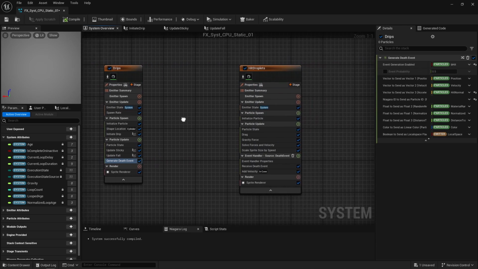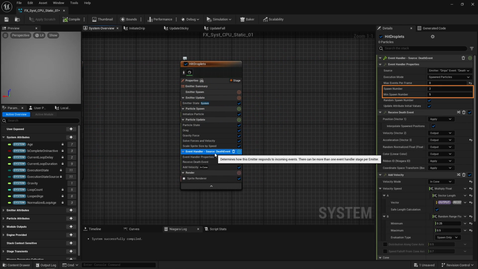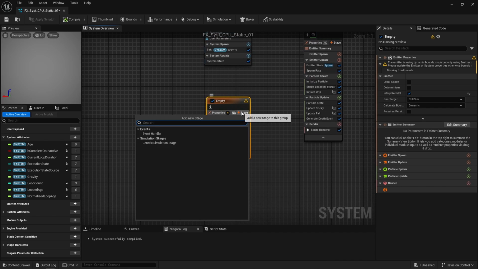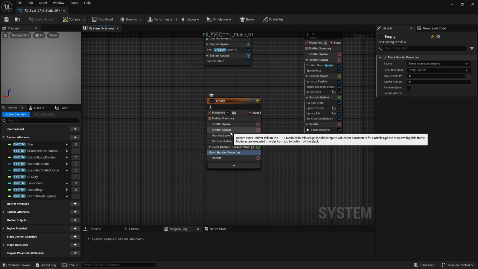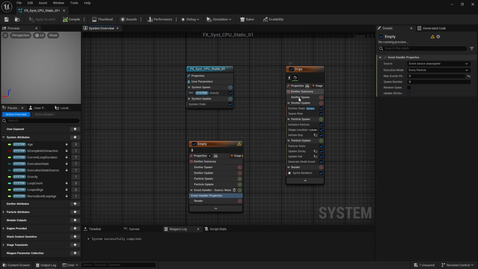And that happens using a second emitter and an event handler. I simply spawn a random amount of particles when receiving a death event from that other emitter. And the way it works is pretty straightforward. You first add an event handler to an emitter. Next, you should be able to spot the generate death event in that other emitter of yours in this source